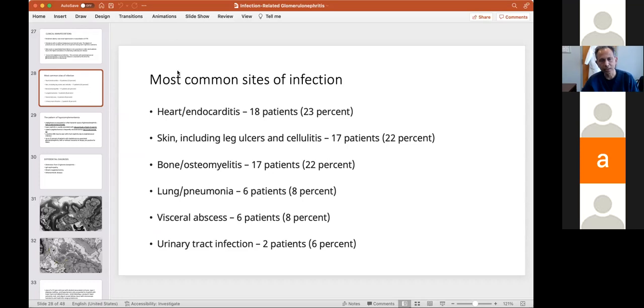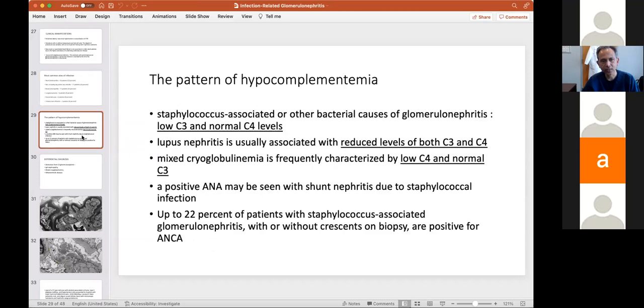Okay, so these are the most common sites of Staphylococcus-associated GN: endocarditis, skin, osteomyelitis, and all typical chronic and difficult to treat infections in that case. Next slide. So this is just to have a little bit of a differentiating point. Many conditions can present with